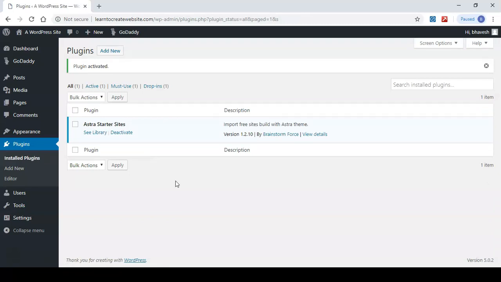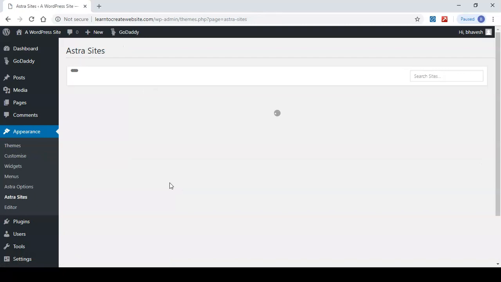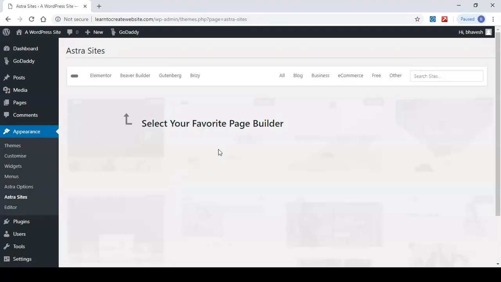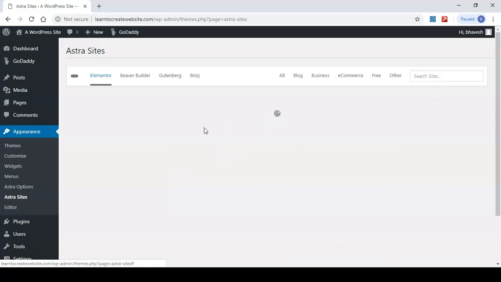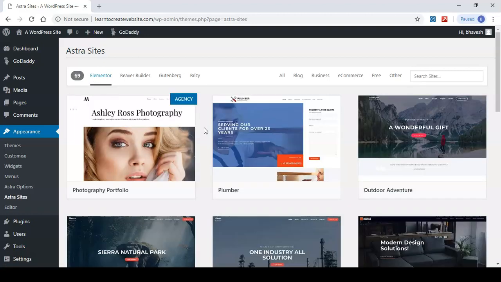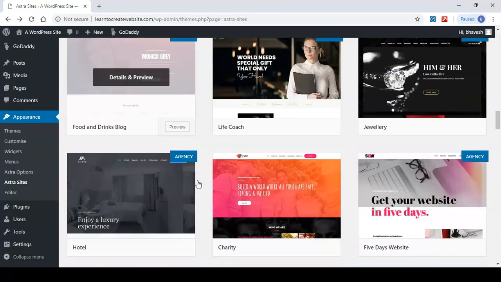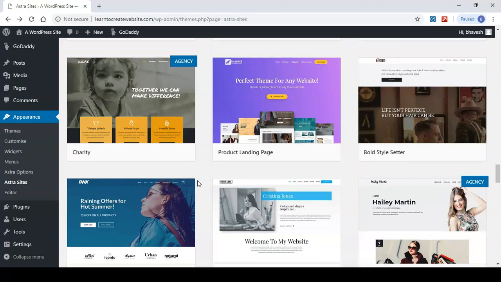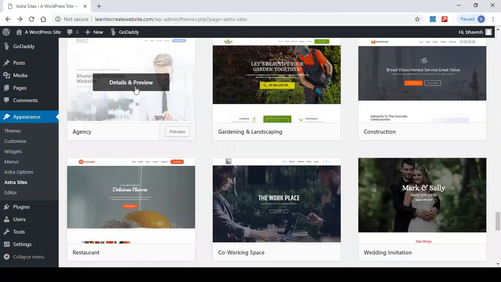This plugin has a set of designs for your website which you can choose and then apply to your site. So to see those designs, let's click See Library. Now before you choose a design, just click Elementor. This will make it easier for you to edit the design. And now you can choose any design you like. In order to easily edit our website, I have already chosen a design. So I am going to choose this design.